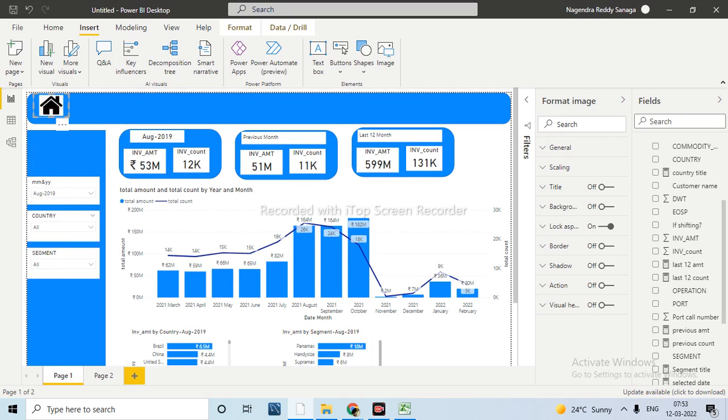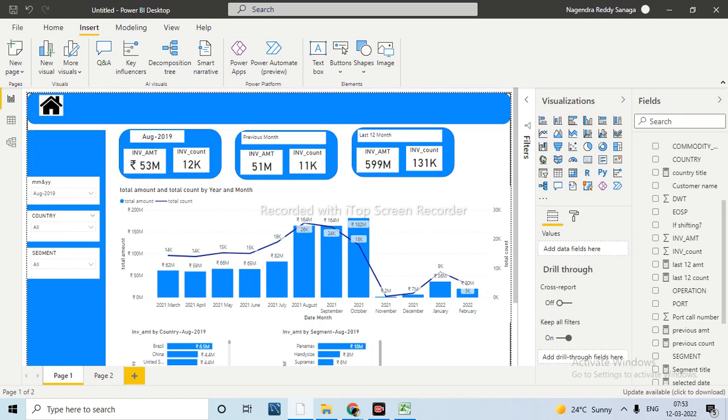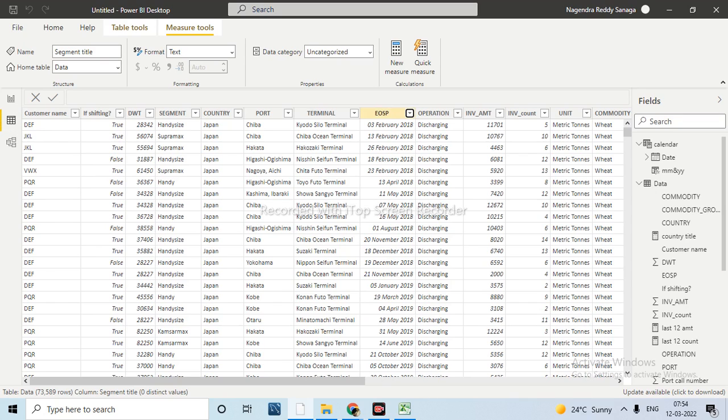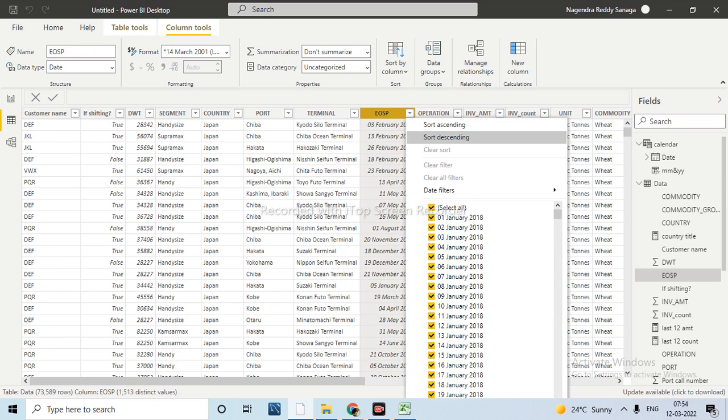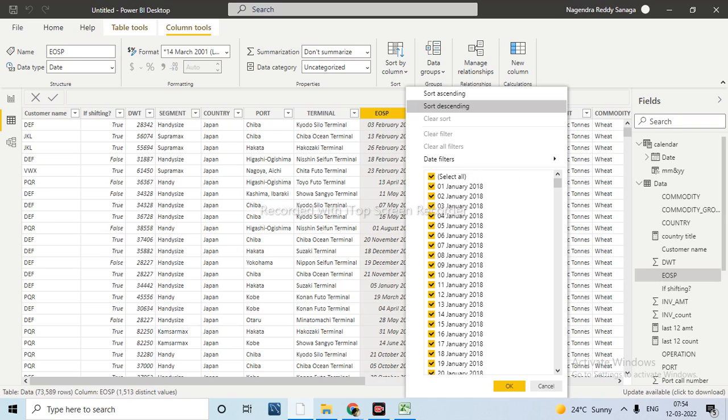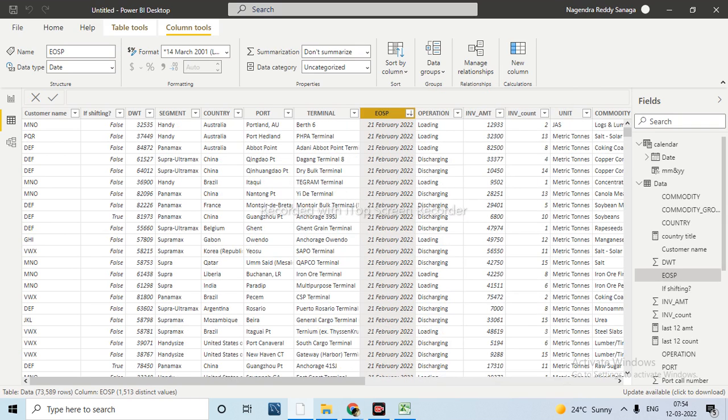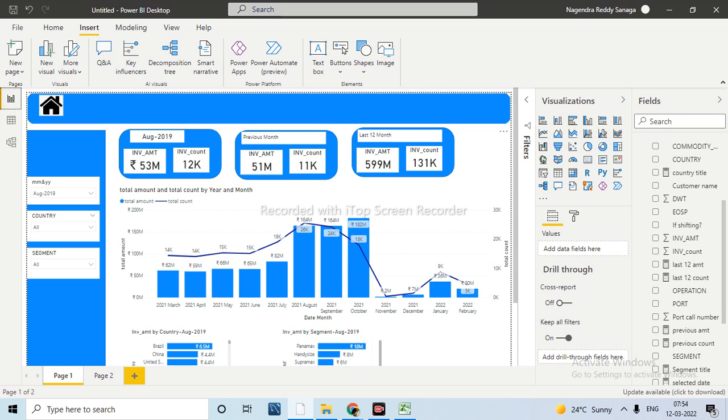Okay. Now here my requirement is one more thing. Whatever the latest data which we have, I need to show that latest date just here in this report. Whatever I have as the latest date, I need to show that, so that when they see that date, they can think that the data is there until 21st February 2022. So it will be clear when they are selecting any measures also.